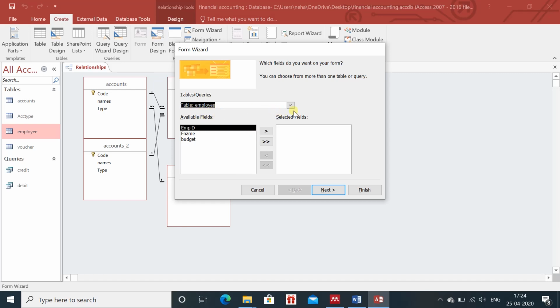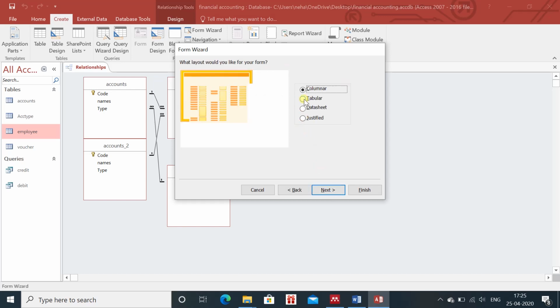When I have selected the employee table, you will see that the fields which I have in the employee table are here. You can double click, or you can use these arrows to enter the value. Next, whatever form you want: column, table, data sheet, or justified.